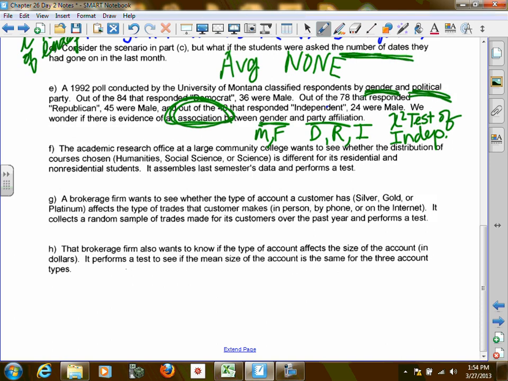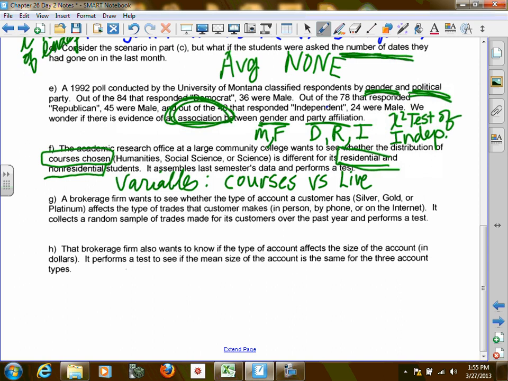All right. Next, we've got a community college. They want to know if the distribution of courses chosen, humanities, social sciences, or science, is different for residents and non-residents. So living status. So what are the variables? Okay, the courses chosen versus where they live, and how's this worded? Is it different, aka not the same? So I would call this chi-squared test of